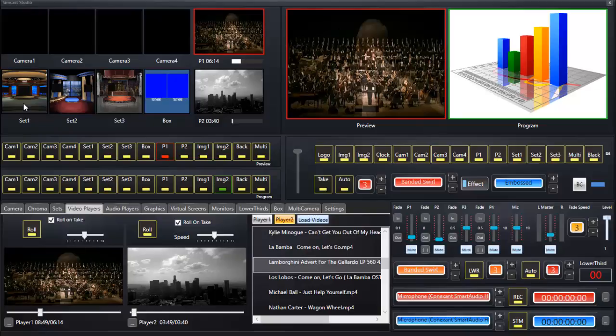Down on the second row here we've got virtual sets 1 to 3. Again, more information can be found in the virtual sets tutorial video. We've got what we call box, which is a side by side view of 2 particular items, and we have player 2. On the right hand side going across we have the preview screen, which allows us to preview something